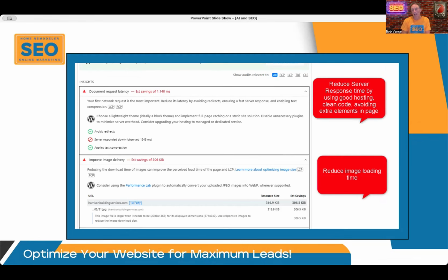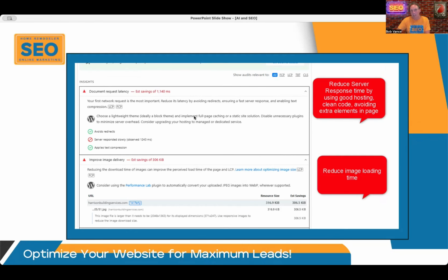These are all going to drag down your Google score. But if you're sharing your server with thousands of sites, it's also going to drag down your speed as well. So that's why you want good hosting, hopefully on a private server. You pay more for that, or our clients do, and that's built into our pricing and the marketing that we do. You also want to have clean code to make sure you don't have a bunch of gibberish that Google's not really reading very well. That's going to really help you clean.